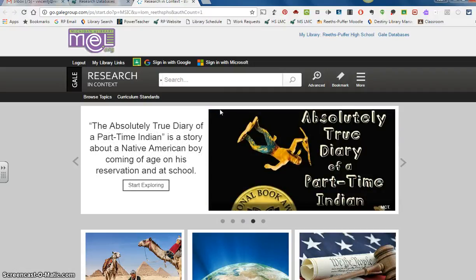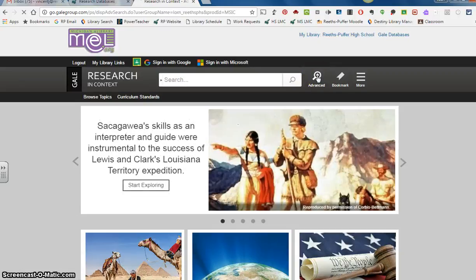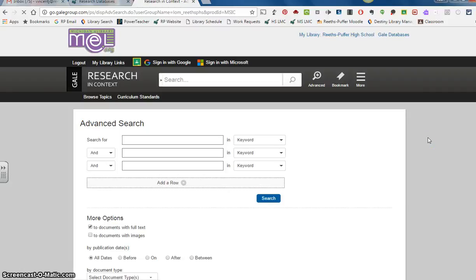So today, when we are learning to use research in context, I'm going to tell you to go immediately to the advanced search, which I'm going to click on right now. And the reason that I'm telling you to go directly to the advanced search is because this is where we are going to be able to use our Boolean search